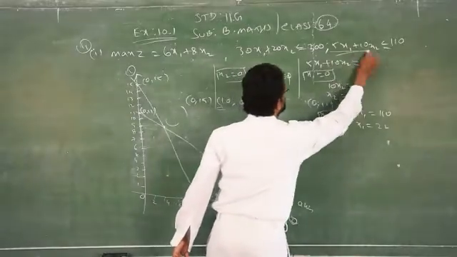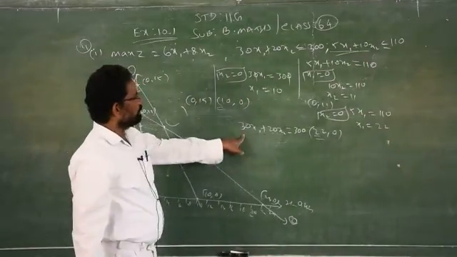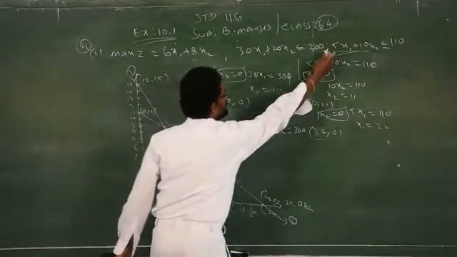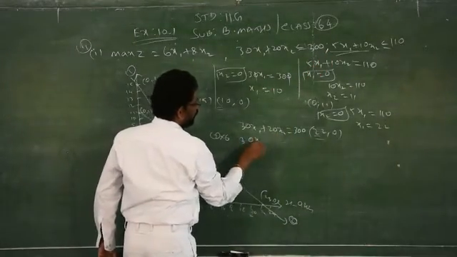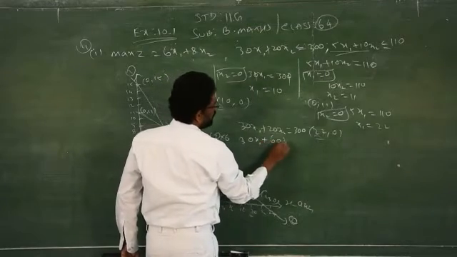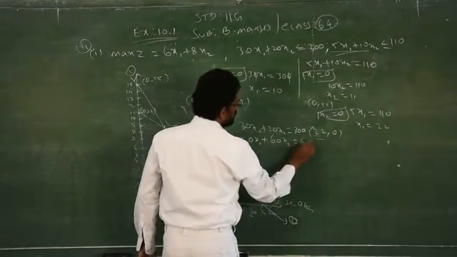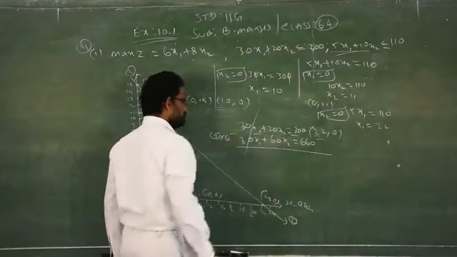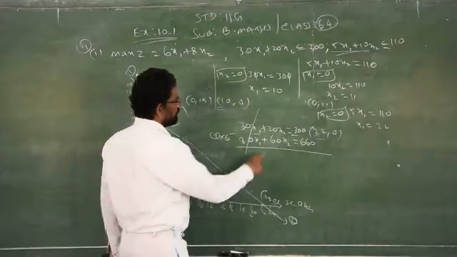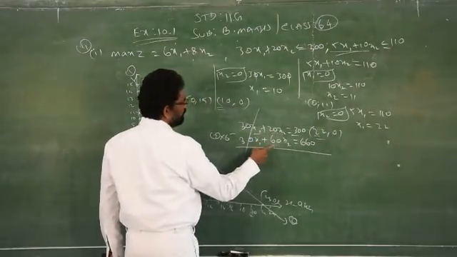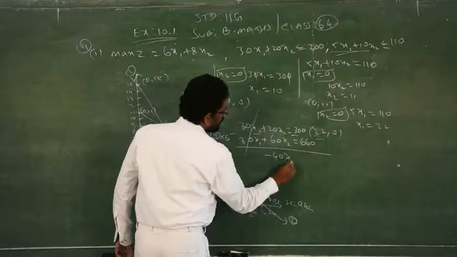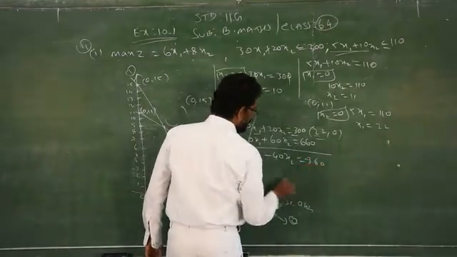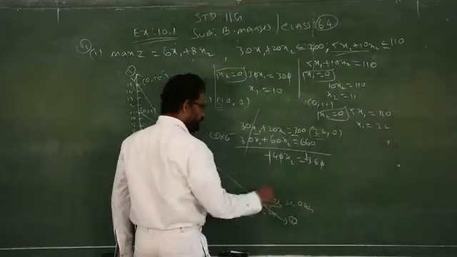I am multiplying this equation by 6 to get 30. So equation number 2 is multiplied by 6. 6 5s are how much? 30x1 plus 60x2 is equal to 610. Clear? Now you have to change the sign. This will be eliminated. 20 minus 60, that is minus 40x2. Here 360 minus 0 get cancelled, minus get cancelled.